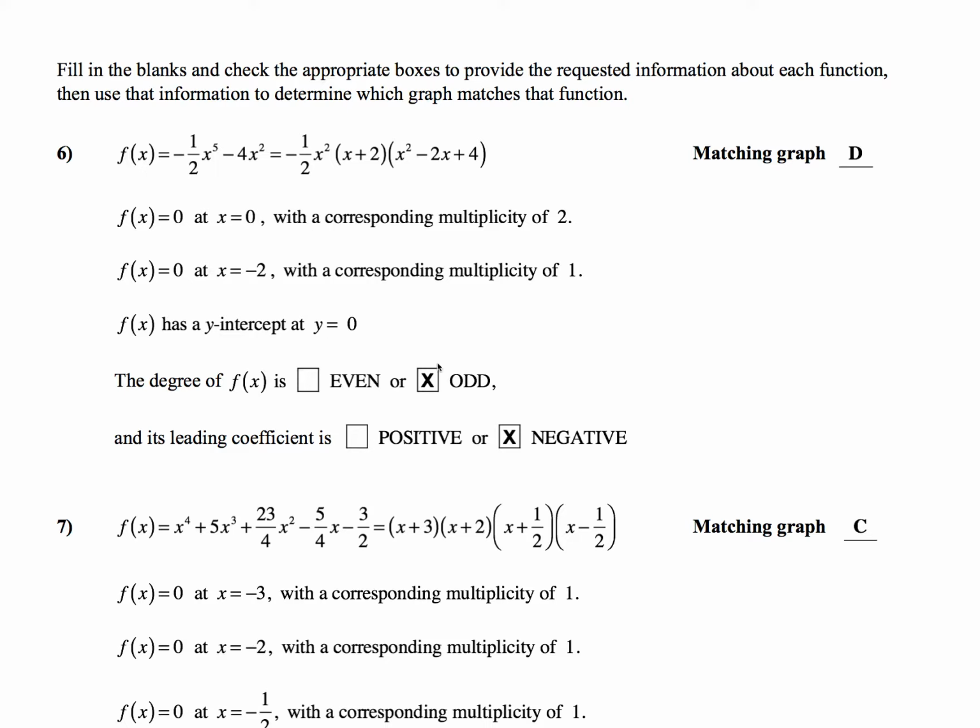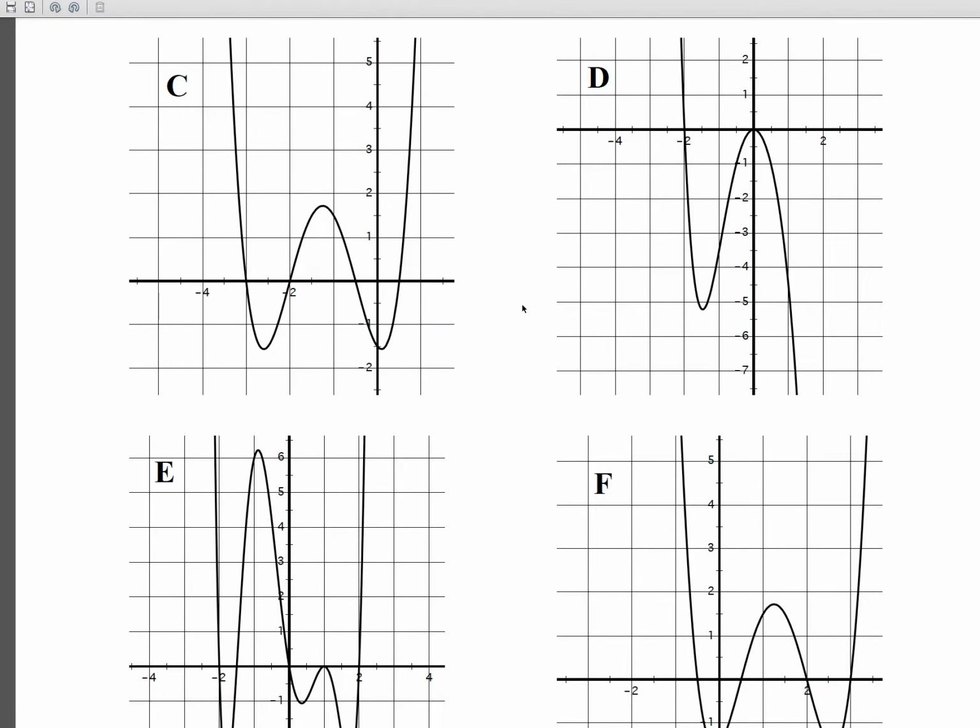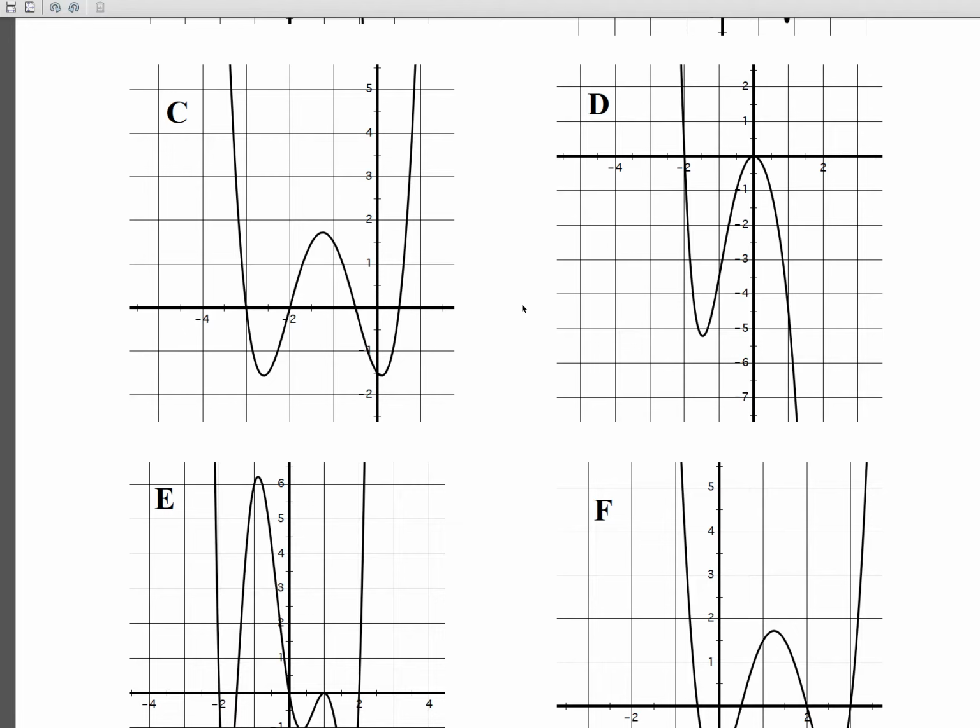The degree is odd, and the leading coefficient is negative. So now that means that the graph will turn up on the left end and down on the right. And you can see that the matching graph is graph D. Let's confirm that. Here are our polynomials. We see that